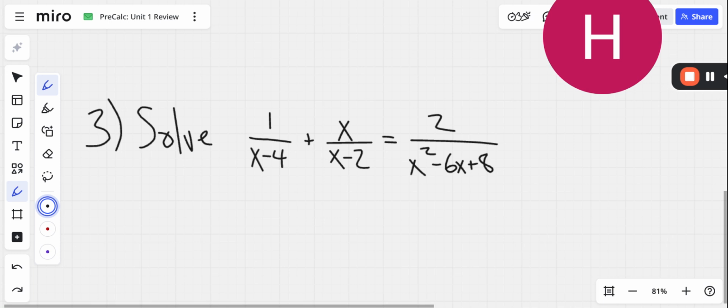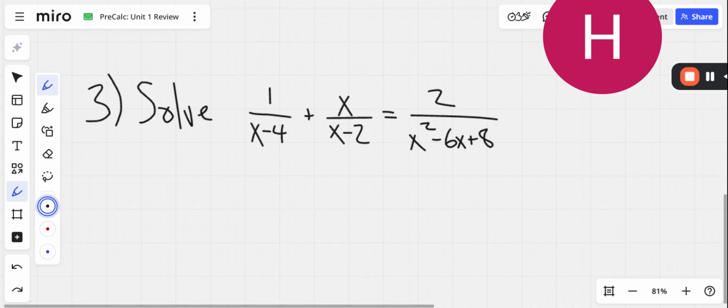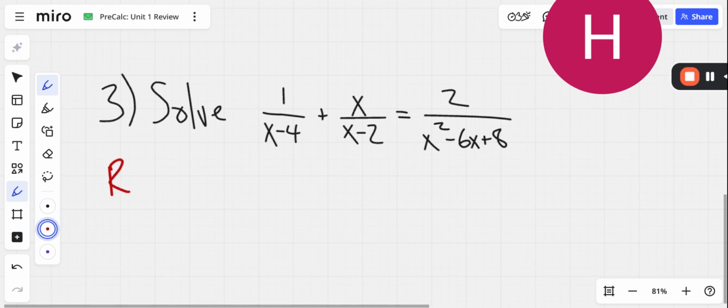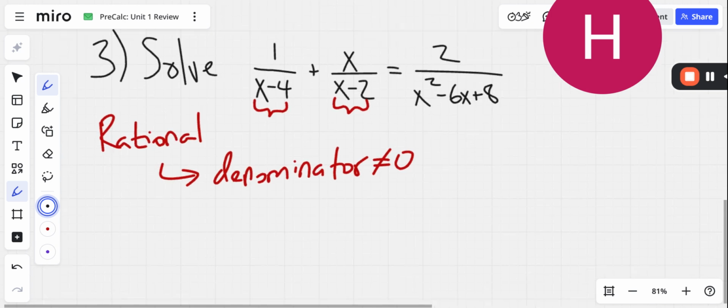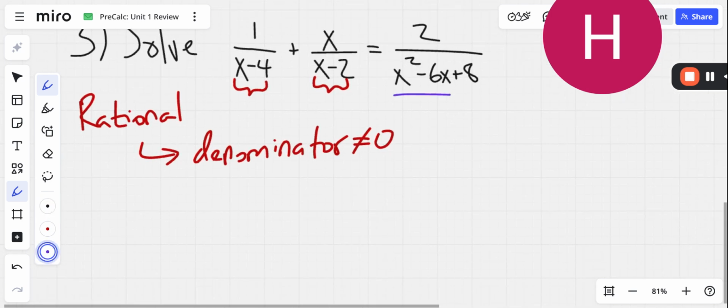And the third, this is an equation that we need to solve. Now, when it comes to equations, we have to be careful because any kind of rational expression, which is basically a fraction with x in the denominator, cannot equal 0. So anything that would make the denominators here 0 would be a problem. First, let's factorize this expression because we might get some other additional denominators. Hint, hint, we won't, but